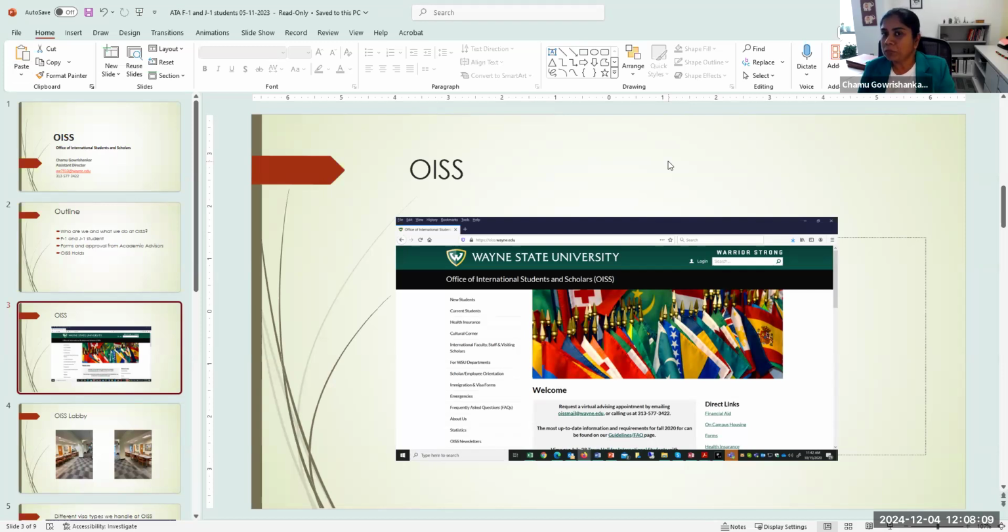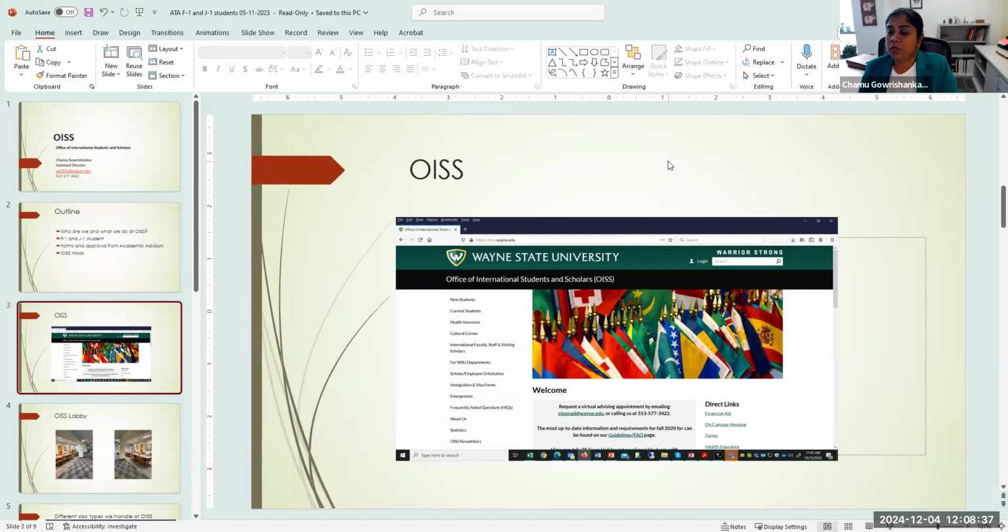But after COVID, some of those programs we are not able to continue, but we still do a lot of on-campus cultural events. Like today, we have a coffee hour where we invite our international students. Typically, about 50 to 60 students show up on a given coffee hour program. They just come, hang out. We provide them lunch and coffee, and just like a social gathering.